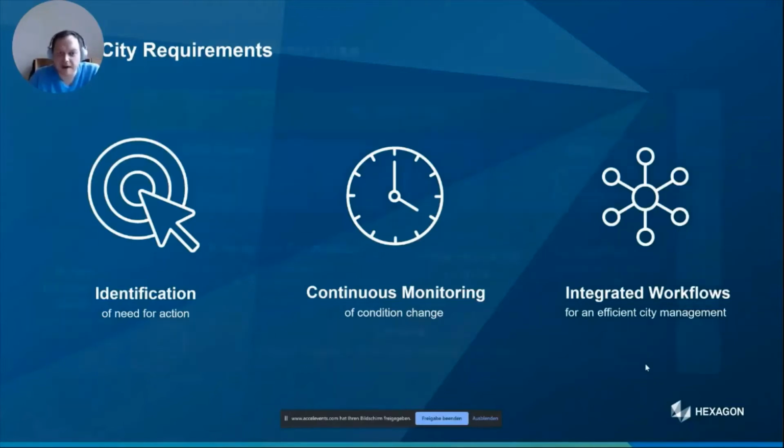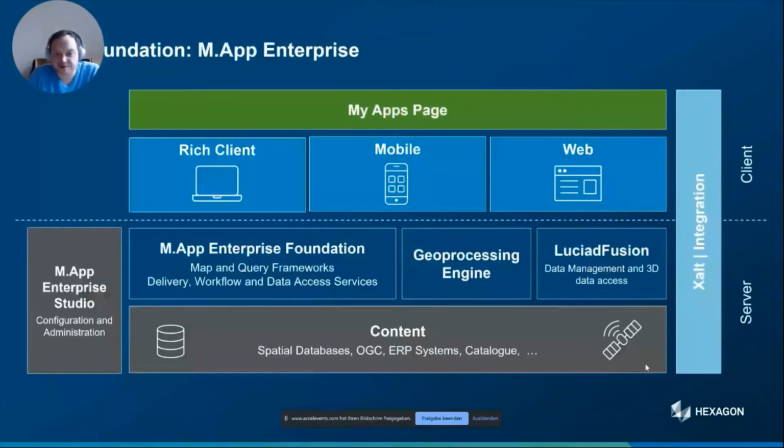As Kieran already pointed out, from the M.App Enterprise perspective, we really want to cover all of the different bases. So what you have seen was just one part of the entire solution. You have seen the web client of M.App Enterprise. But to enable that, there's a bunch of technology in the background providing all of the capabilities, like the M.App Enterprise Station, providing the different service endpoints for the different clients, or Lucid Fusion, which is used for managing the 3D data and the data access there.